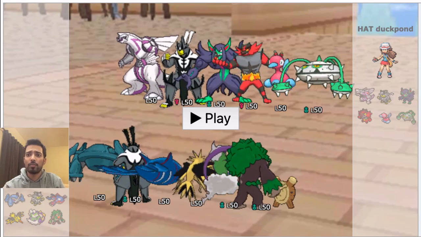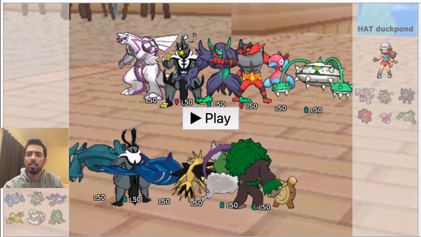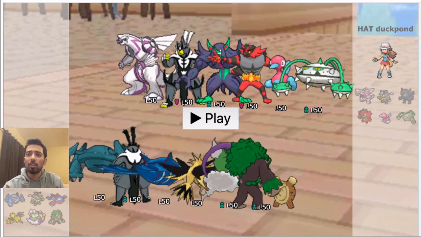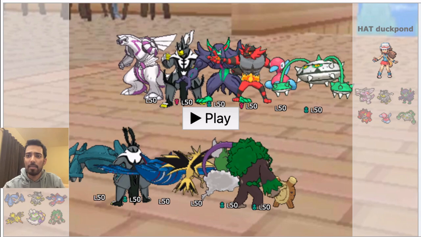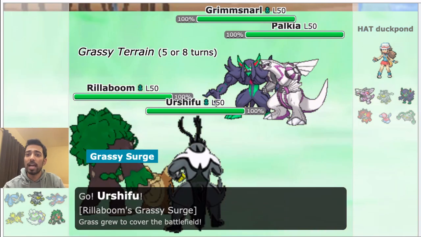Now let's move on to the best of 3. If you're wondering what happened to Zapdos, don't worry, this is the matchup for it. We're playing Duck Pond's Palkia team. Zapdos has needed to take care of Ferrothorn at the endgame, but is also our main source of offensive pressure as a Dynamax. Game 1, we lead Urshifu and Rillaboom into Grimmsnarl and Palkia, and we decide to do damage